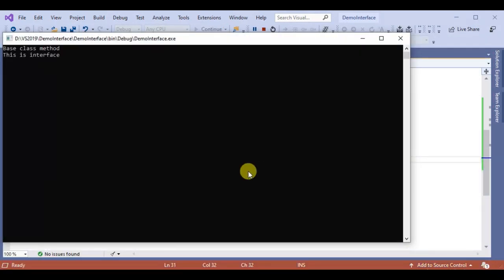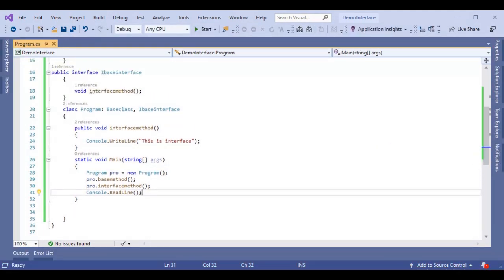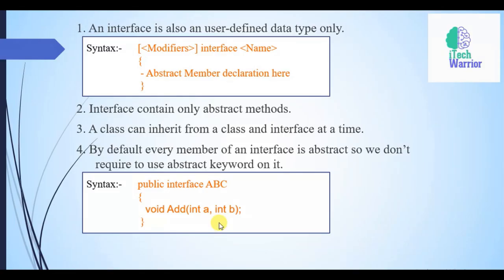So the output is as we expected: base class method, and this is interface. So we understood all four points practically in Visual Studio.